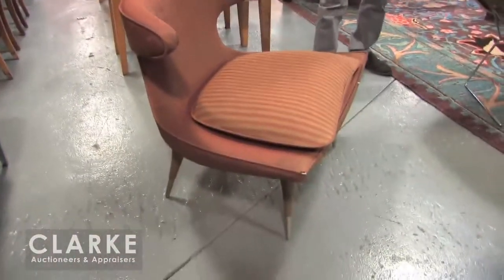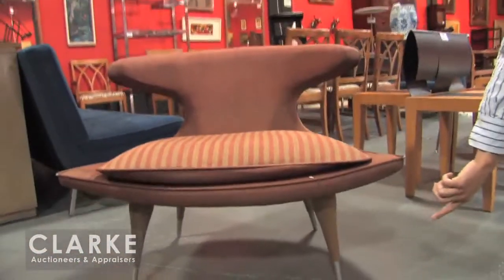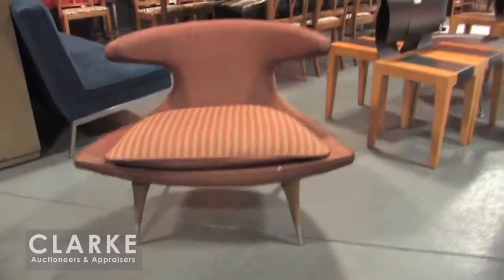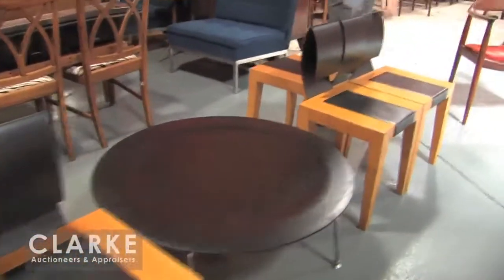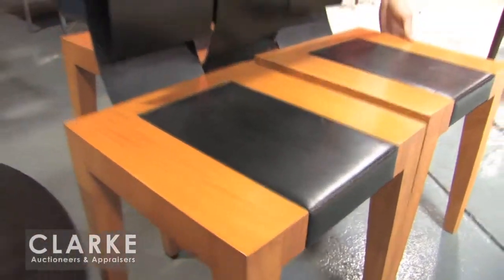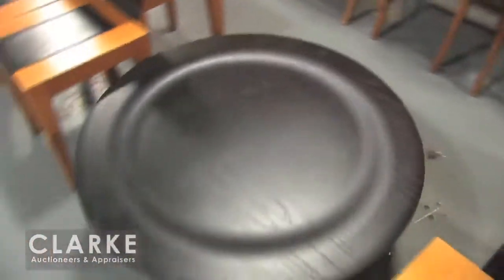signed on the bottom. Over here we have a very nice original upholstery, Carpin hornback style chair, very unusual form, nice bowed legs on the bottom with an aluminum tip on each foot of that. Moving along, we have these Italian contemporary leather seat chairs. They're all single chairs and they kind of form together if you want to put them back to back and side to side. In the middle of those, we have a Herman Miller, Eames for Herman Miller CTM table, signed